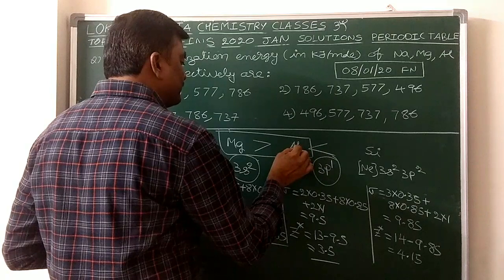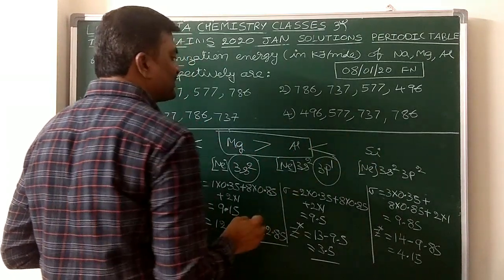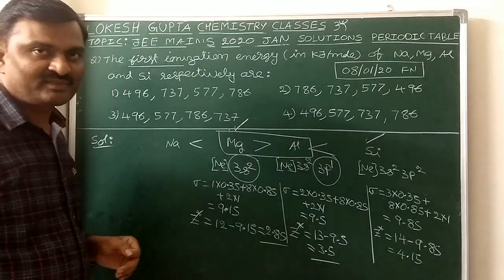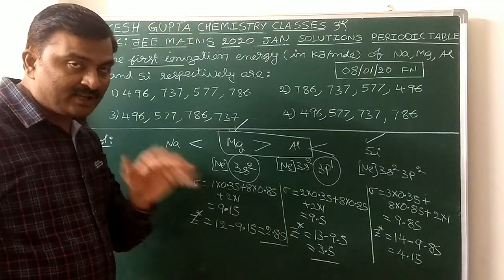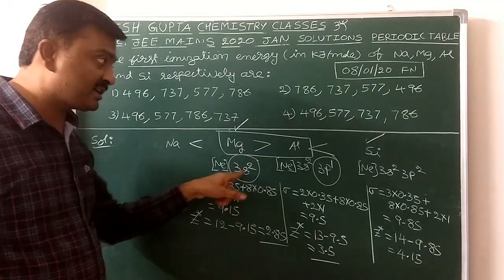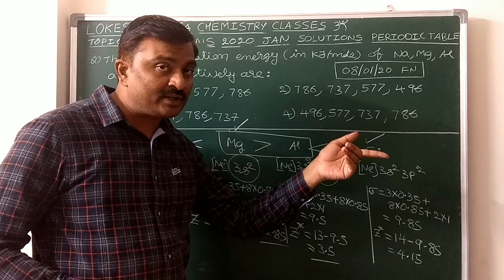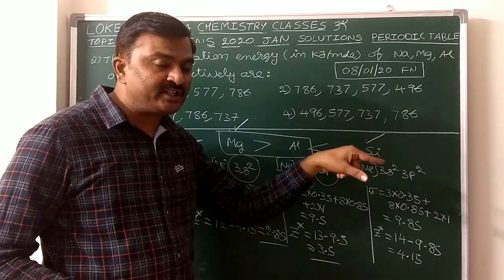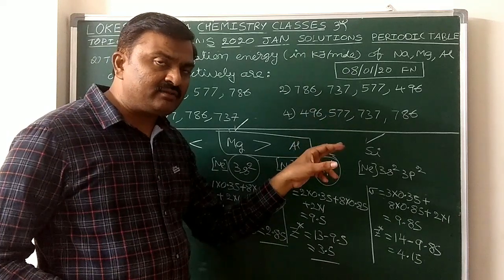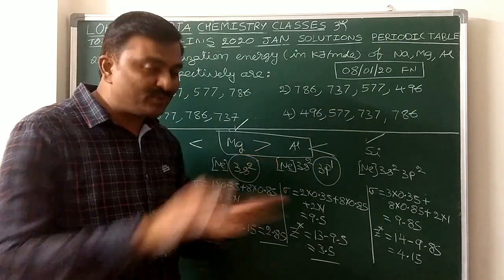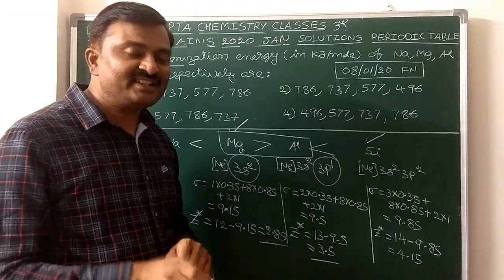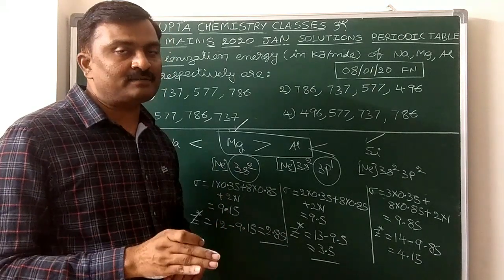When compared with aluminium, magnesium is more and silicon is also more. In between magnesium and silicon, which one is more? Here, you should not apply the penetration power concept. Here also, in magnesium we remove a 3s electron, in silicon we remove 3p electrons. 3p electrons have less penetration power, so ionization energy of silicon will be less than that of magnesium. No, here it is not correct. In this case, it is not the penetration power.